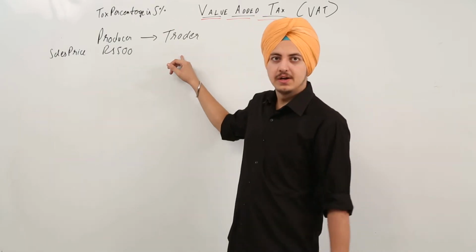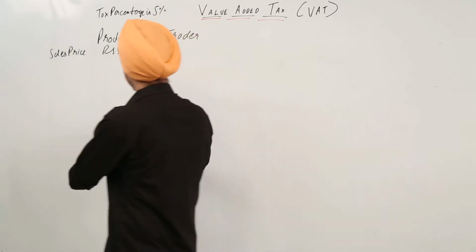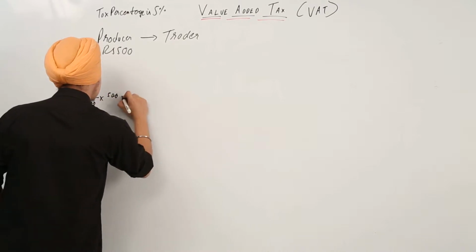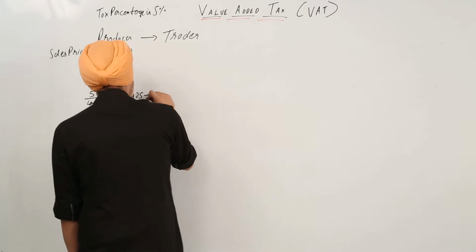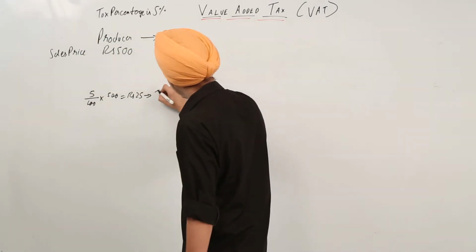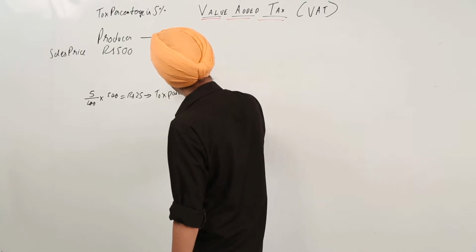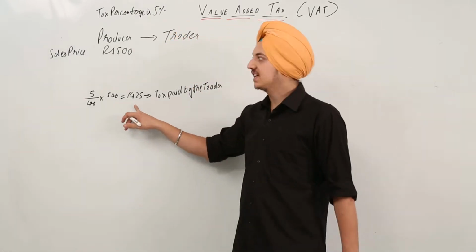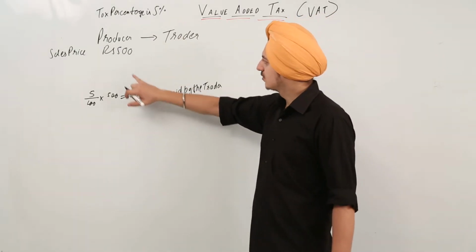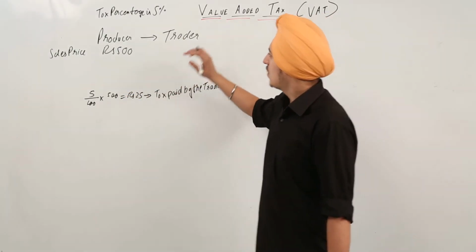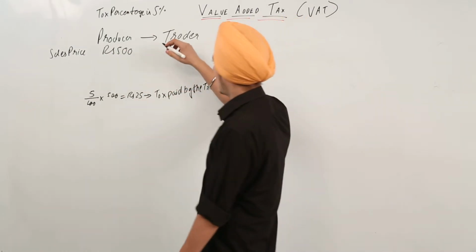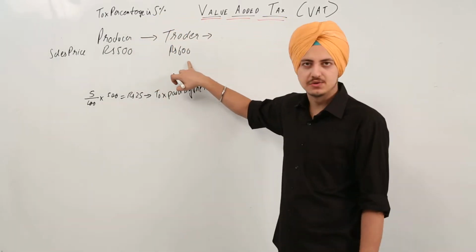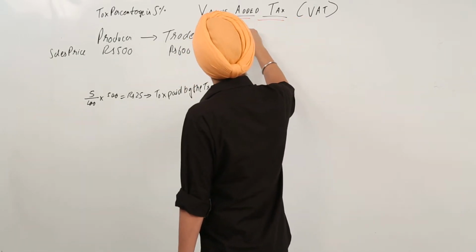Now the trader is charged with a tax of 5 upon 100 into 500, so this is rupees 25. This is the tax paid by the trader. Rupees 25 tax is paid by the trader. So the cost to the trader is rupees 500 plus rupees 25. Now this tax goes to the government directly. Now if the trader sells this product for rupees 600 to the shopkeeper,